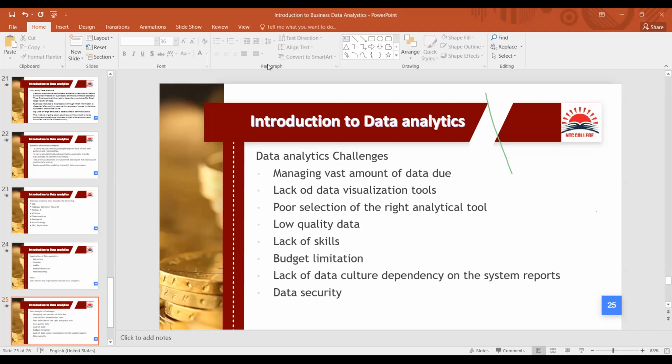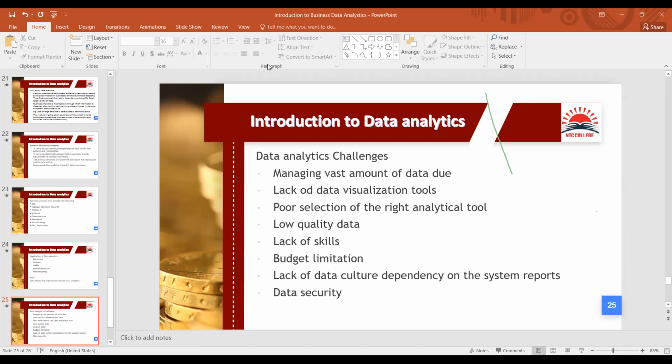And once the same skill sets are acquired, then of course it means that the organizations will actually benefit. If we lack the skill sets, then that is a challenge. And of course, what is currently trending is data science. So this is an interesting course that you really need to take. You need to have the right skill sets, the practical skill sets, so that you don't encounter these challenges.